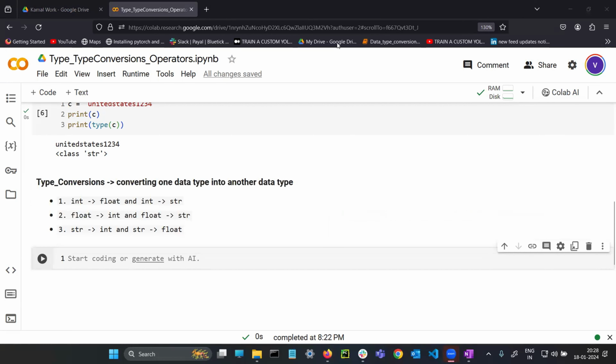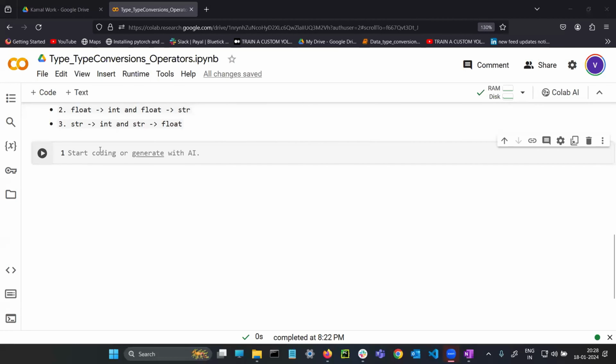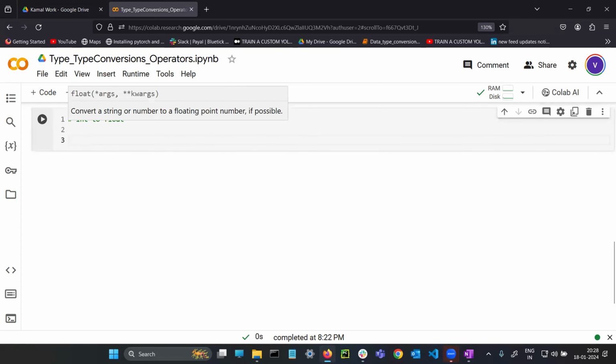So these are the things I need to do. First one, I will work with integer. I'm telling you, if you understand one, the remaining 5 will be the same. Copy paste. The remaining 5 will be the same, if you understand one. So first, I want to convert integer to float. Listen very carefully. So a is equals to